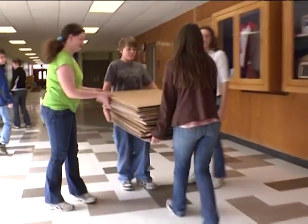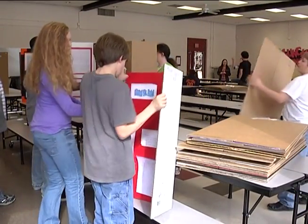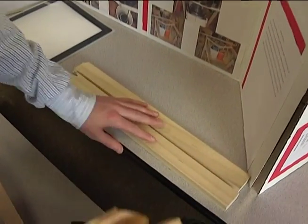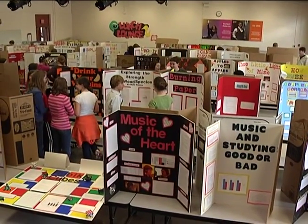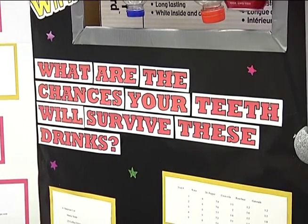Traveling from the science classroom to the cafeteria, students used the afternoon to set up their project boards and put some final tweaks on their presentations. Students have been working on science fair projects since the first day that we had a full day of school this year. And they're going through the scientific method, researching, completing an experiment, and this is really showing a presentation